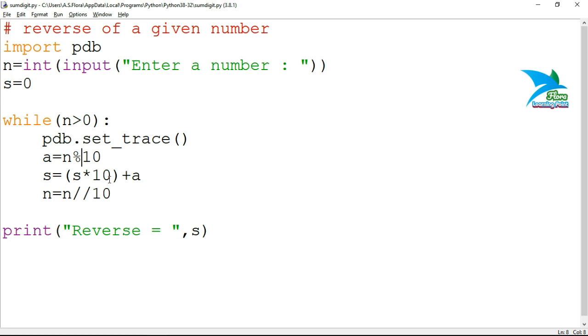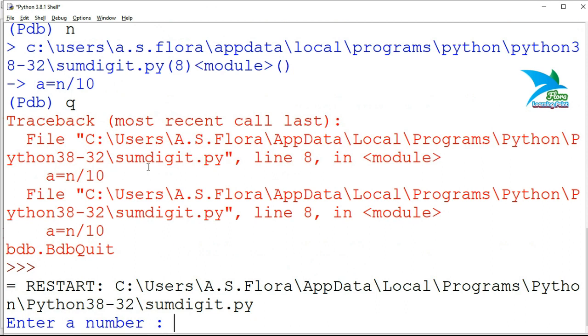These commands will not help you remove that error automatically. These commands just help you to detect the error by printing the value of each variable after each and every line. So I'll save the code and run it again.